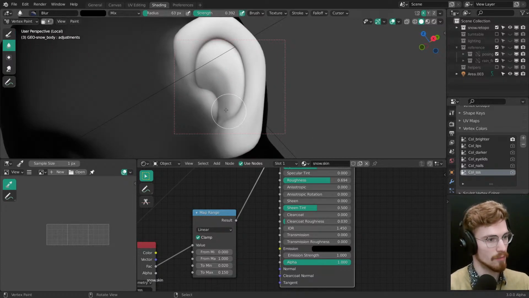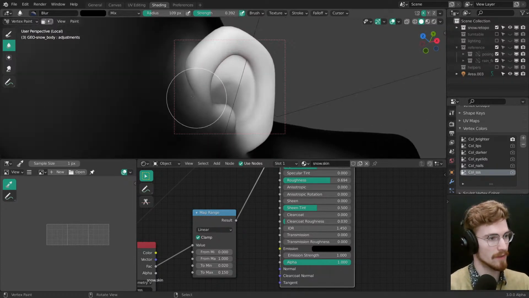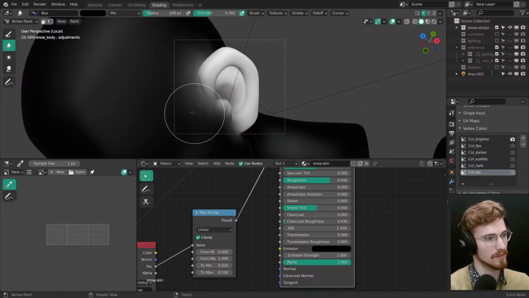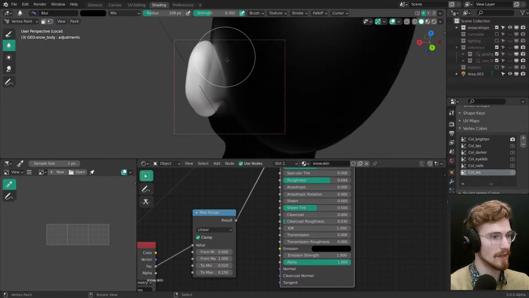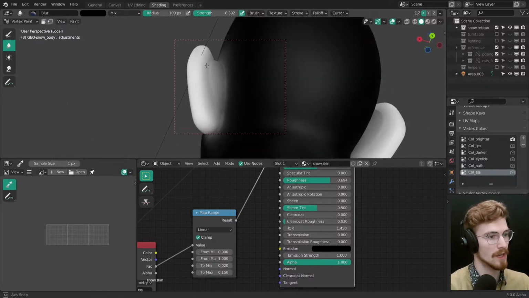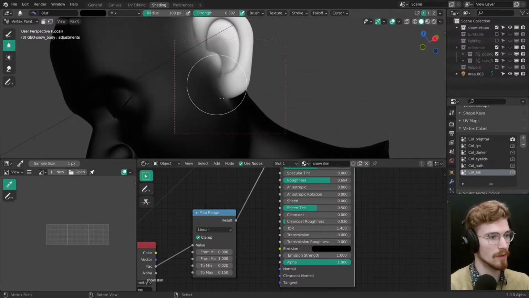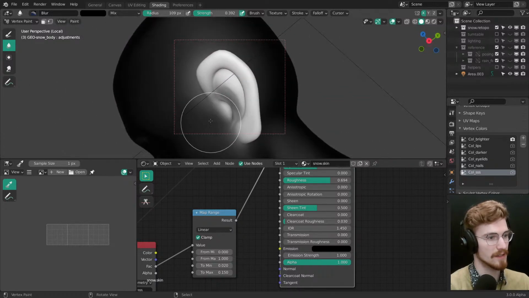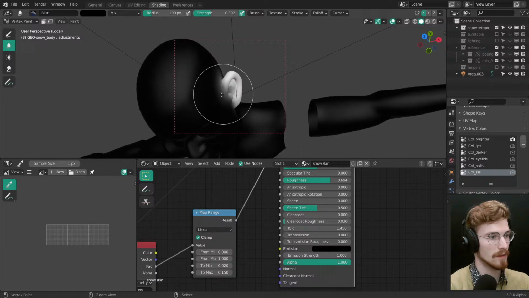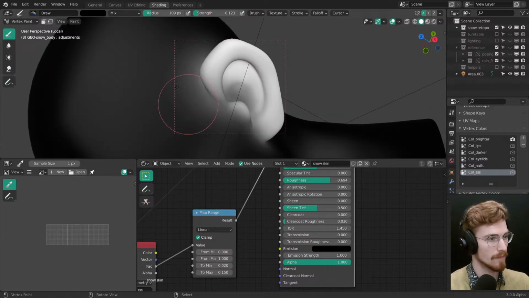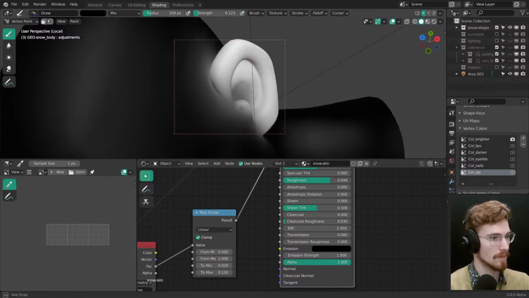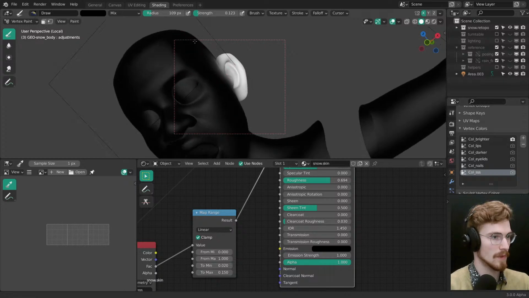I'm also going to use the blur brush a bit on this because I'm using Vertex colors, so I don't have a lot of resolution to work with. Blurring it is going to avoid this sort of pixelated look a bit, like that. Okay,